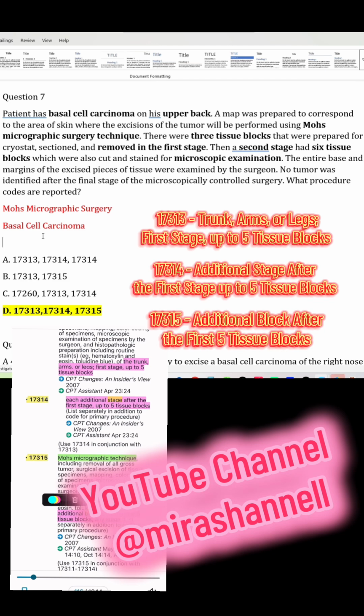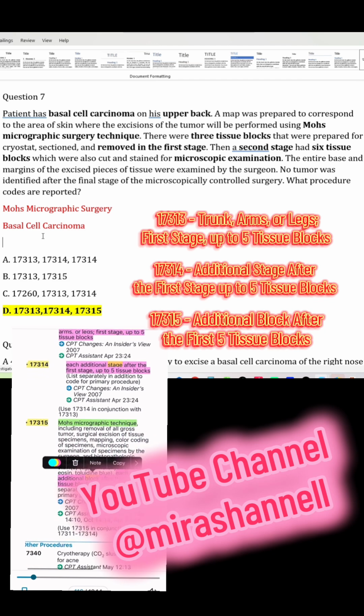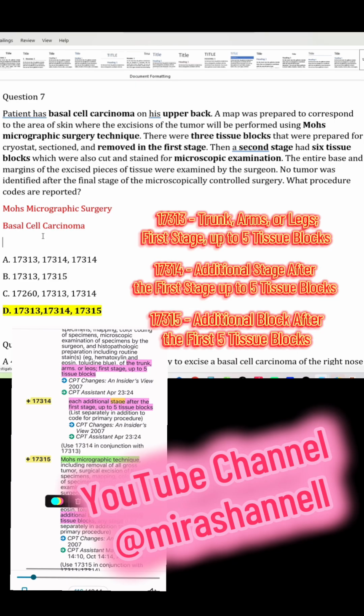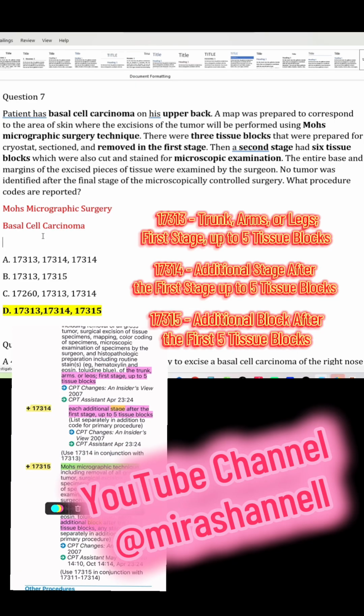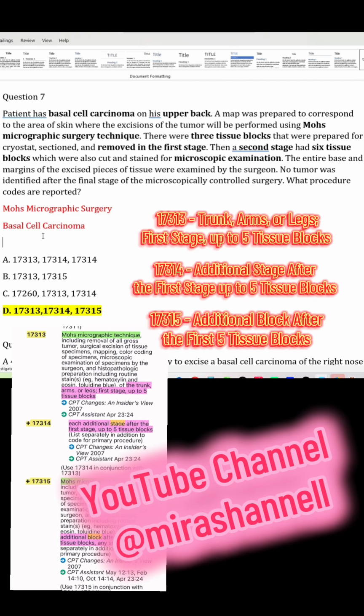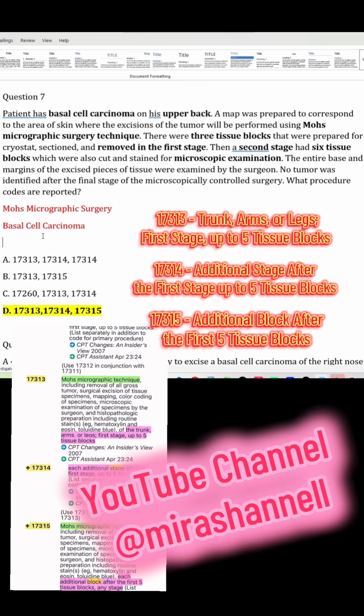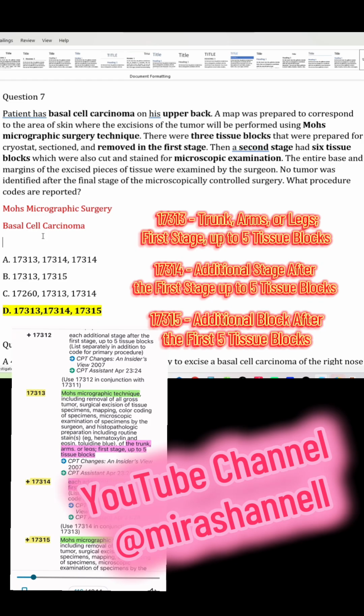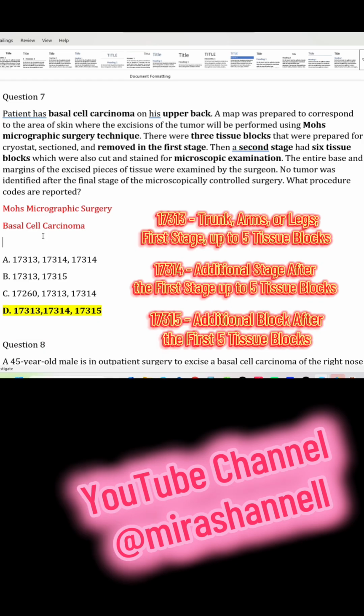So here's the trickery. There was a second stage, and the second stage had 6 tissue blocks. And we want to now know within code range 17314 through 17315, why is that? So let's show why then. Right now, we're trying to figure out the differences. The difference is with code